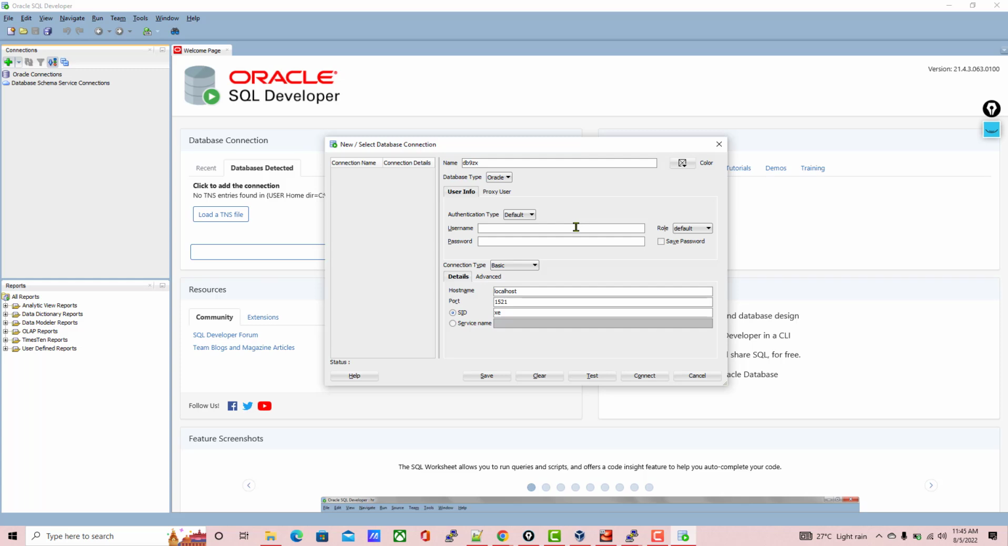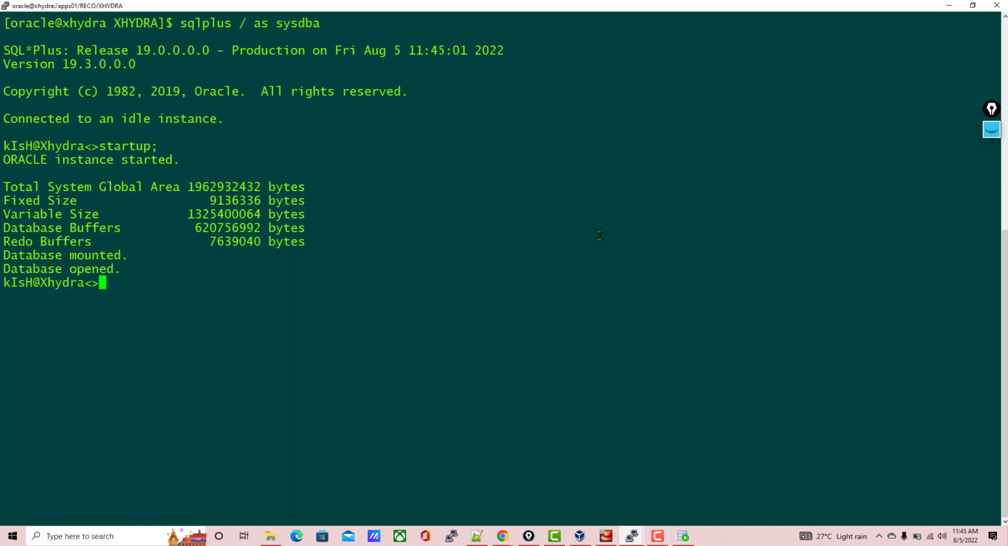Once you start up your database, give a particular name for your connection. Provide the username. Here I will say sys and give the password. Give the IP address and give the service name. If you want to alter the password, you can alter like this. Okay, now I have given the password to sys user,